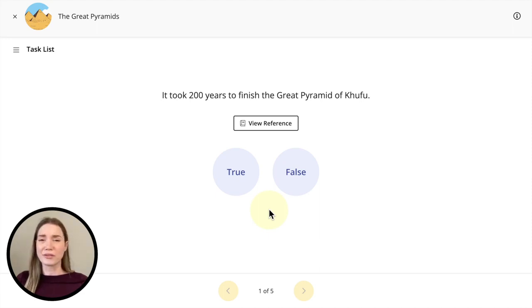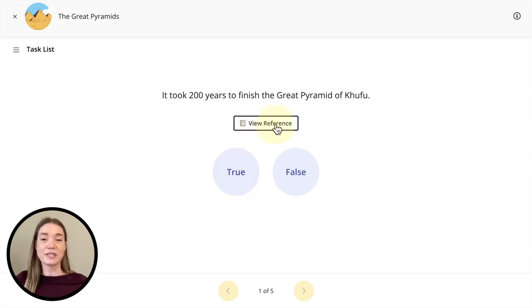true or false. All of the statements in the true or false section are going to be related to the reading that they did in the read and listen activity that came before. If you're interested to learn more about this activity, make sure to check out the link included in our description below. If your students did not complete the read and listen activity, or they simply forgot the answer, you have